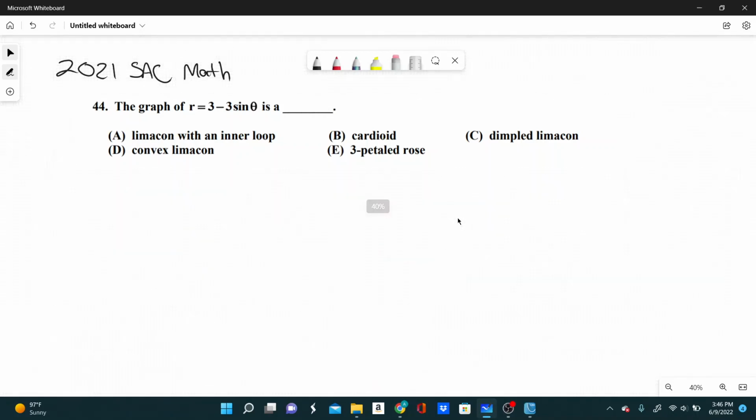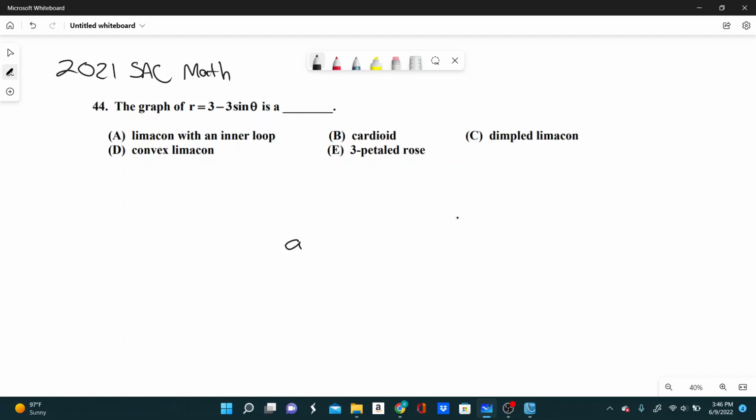Number 44. The graph of r equals 3 minus 3 sine theta is a what? So, for this problem, you just need to have a good understanding and a good knowledge of the different forms that polar graphs can take. So, for a limacon, for instance, which is what this is actually going to end up being, it always follows